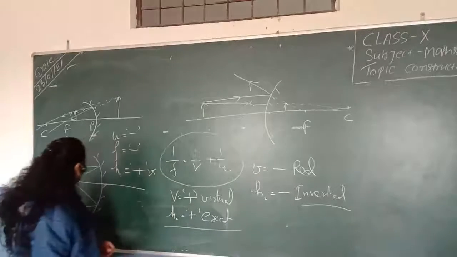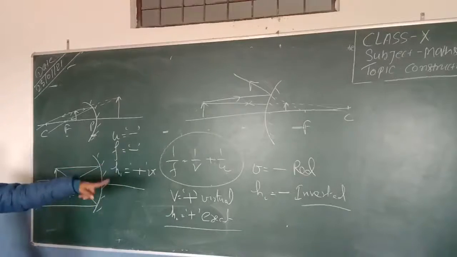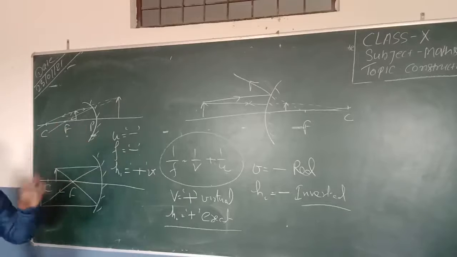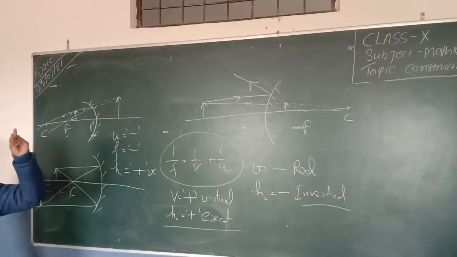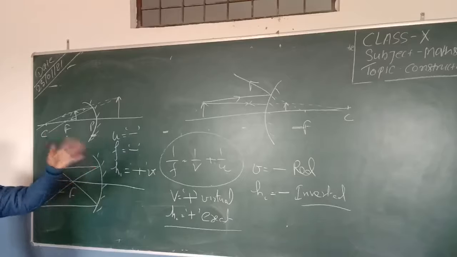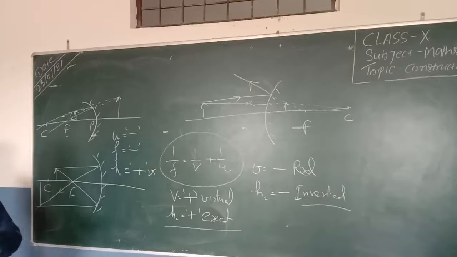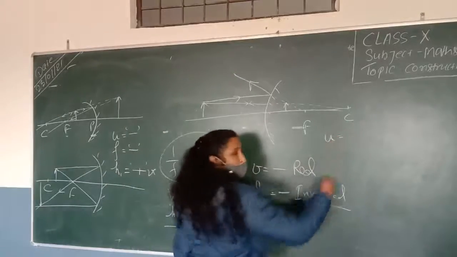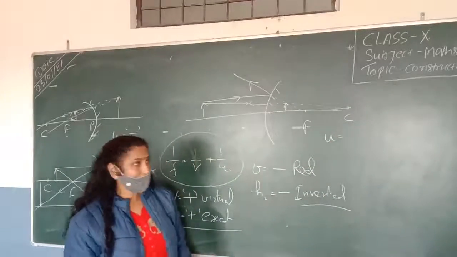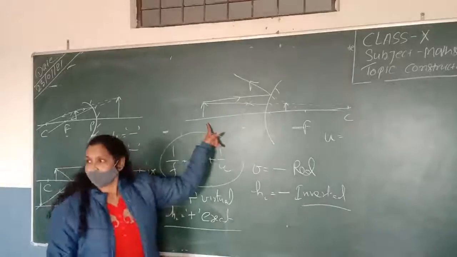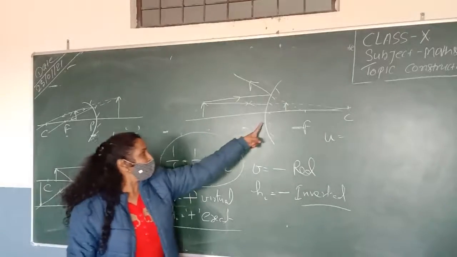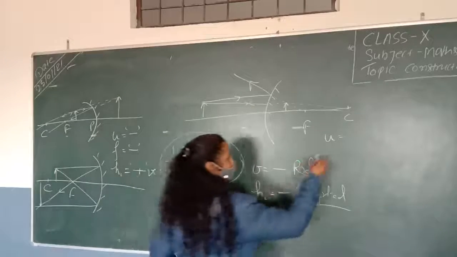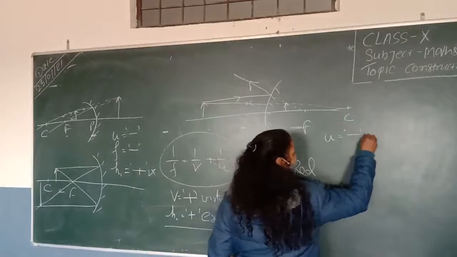In a concave mirror there are different conditions for the image. But in case of a convex mirror we don't have any other condition. We know that the image is always virtual and erect. So, Anshika, what should be the sign of U here? U is negative because the object is here, and the distance you move towards this side is always represented by a positive sign. So U is always negative.